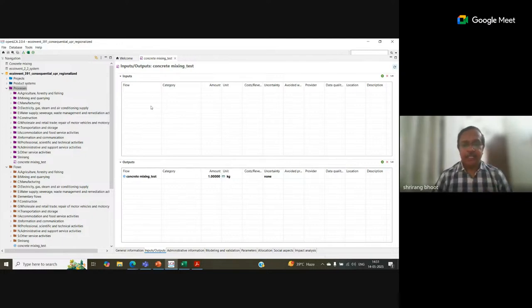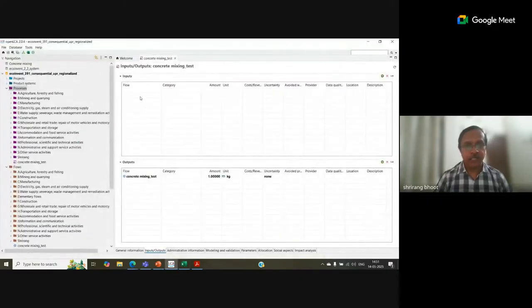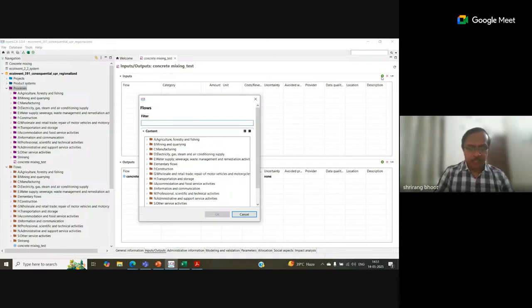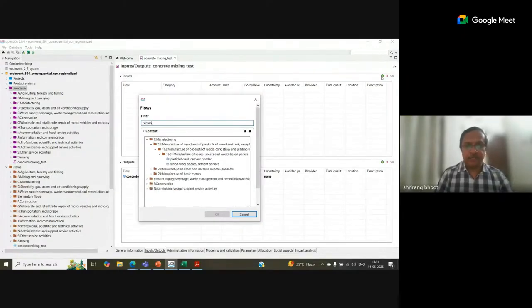Now I need to start adding the flows. I mean, I need to add the values. So we want cement here. Since I have imported the EcoInvent database, I can add a flow here, and then I can just type down cement.